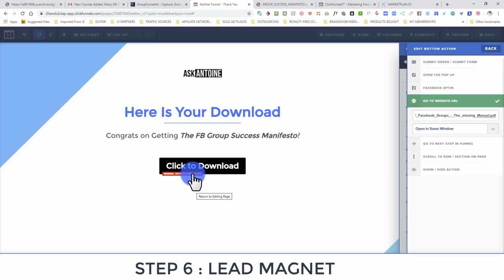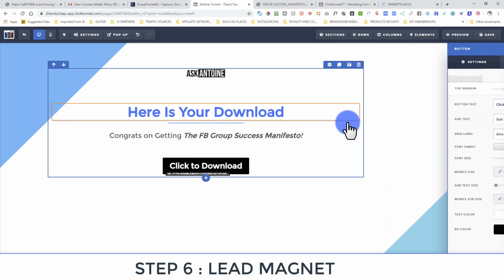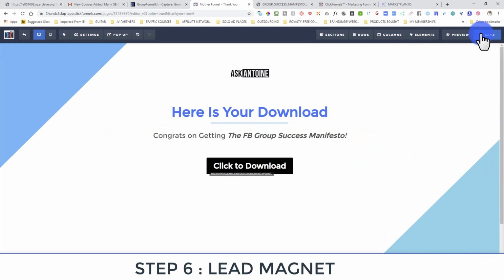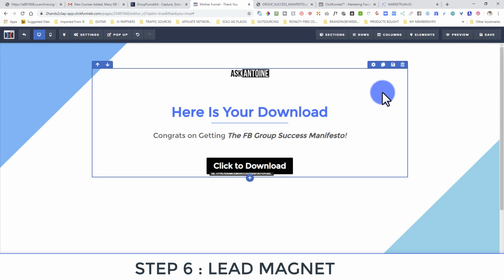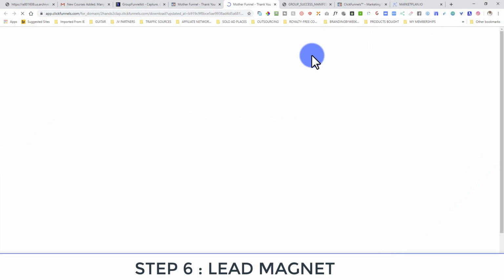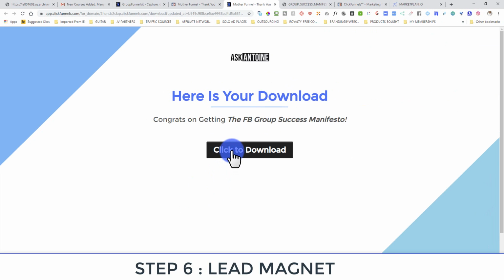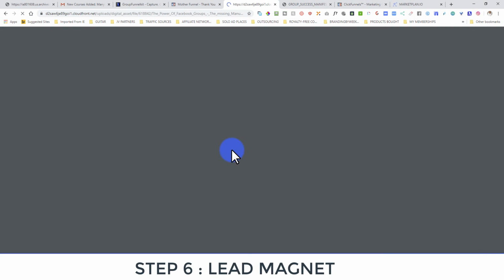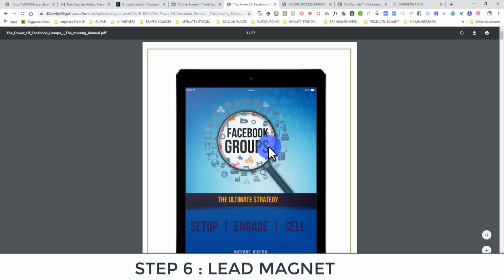If we hit tab, watch what happens. Tab, it is set now. Okay, and at this point you could click save, and the lead magnet will be successfully saved. Let me illustrate this. I will hit save, and if we now preview, there is preview, and we click to download, there we are,